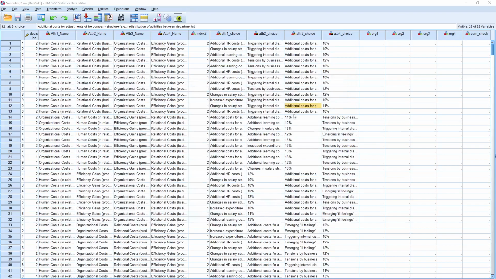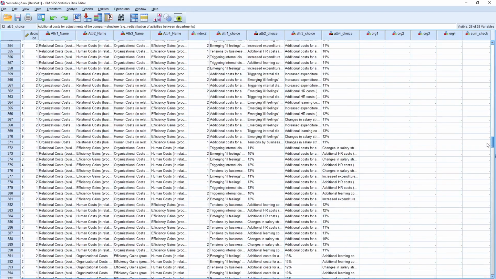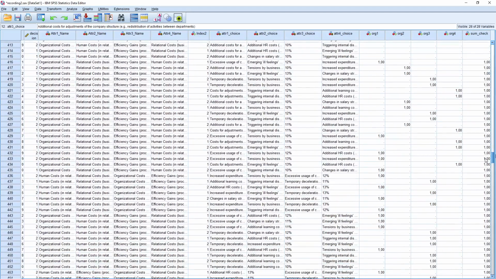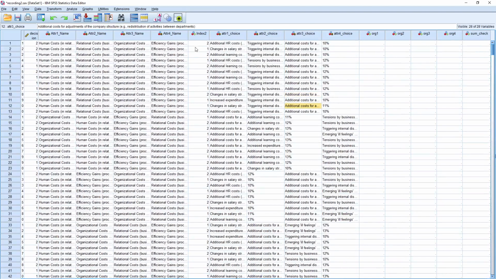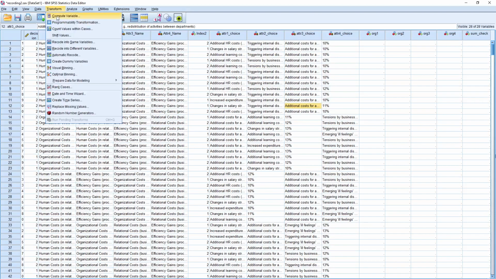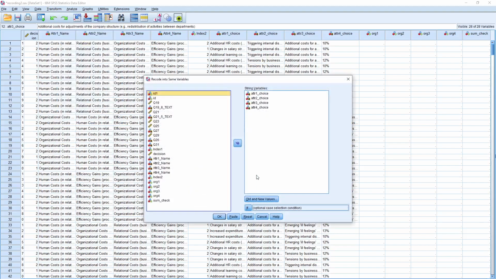So if it works, then I will not have the costs for adjustment of business process. I will have the additional costs. So there will be no item costs. No, I don't see it. It's only additional costs. Okay, not bad. Now I have to substitute the second one, because it was the cost for adjustment of business processes. Now I have to substitute the cost for restructuring,